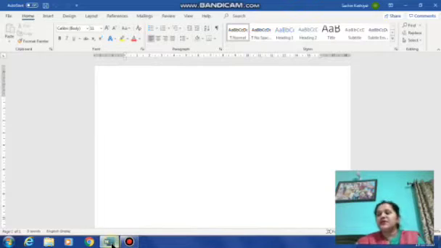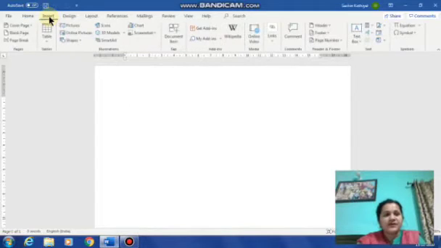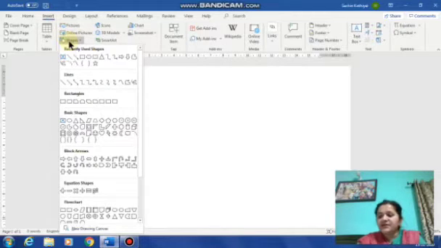For this we have to follow some steps. The first step is click on the insert tab. See, this is the insert tab. Click on it. The next step is click shapes. Clicked. Now see children, there are many shapes provided to you.